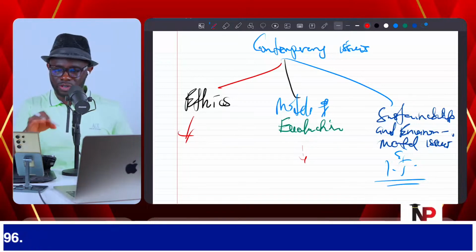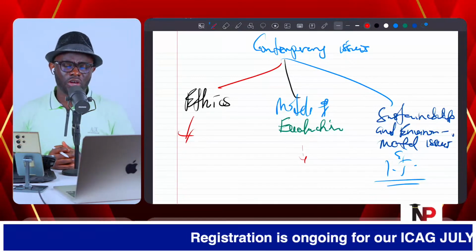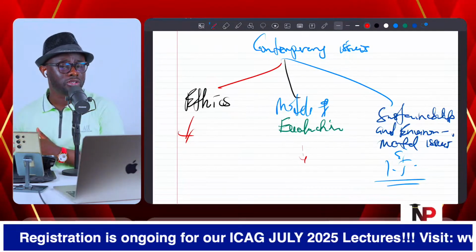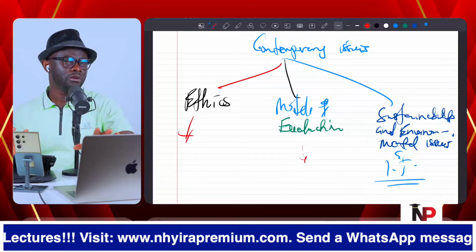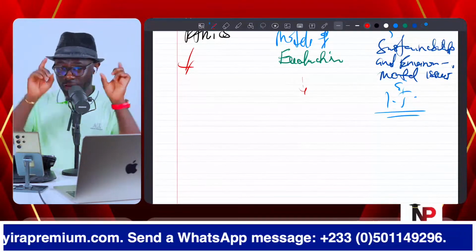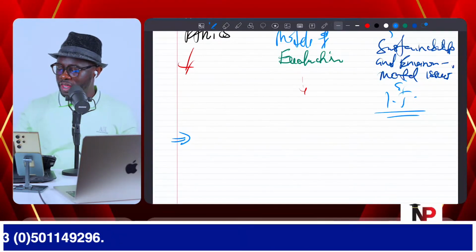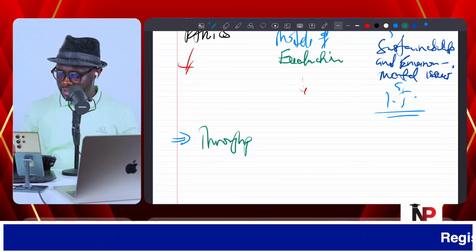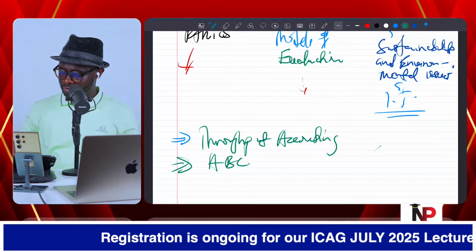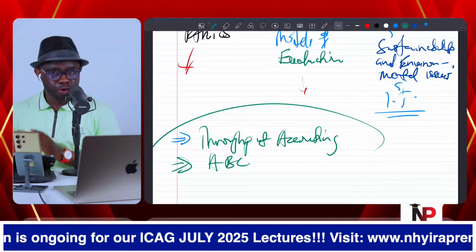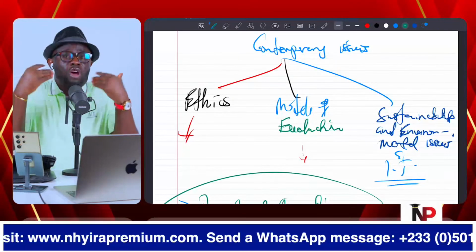Then some IT issues, how IT development and those things have assisted or enabled the management accountant to be able to carry out his job or her job pretty well at the end of the day. So those are the 3 things. So under the contemporary issues, really, your headache, if I can, I'm air quoting that, okay? Your headache is going to be throughput accounting. It's not difficult, okay? But throughput accounting and then activity-based costing. That's all. Apart from these 2, that will be calculation. All the rest are reading, written aspect. So you have to read them.